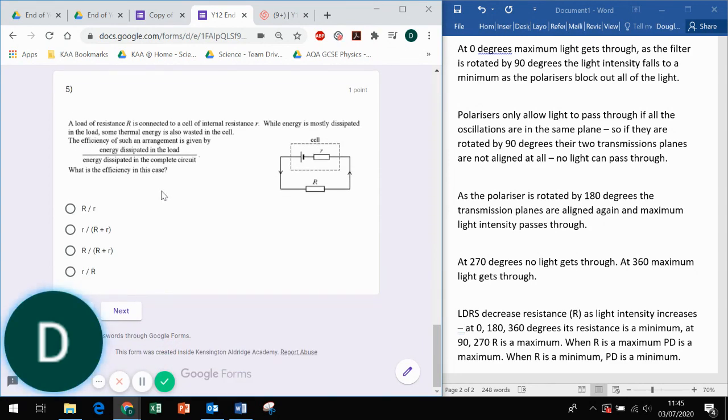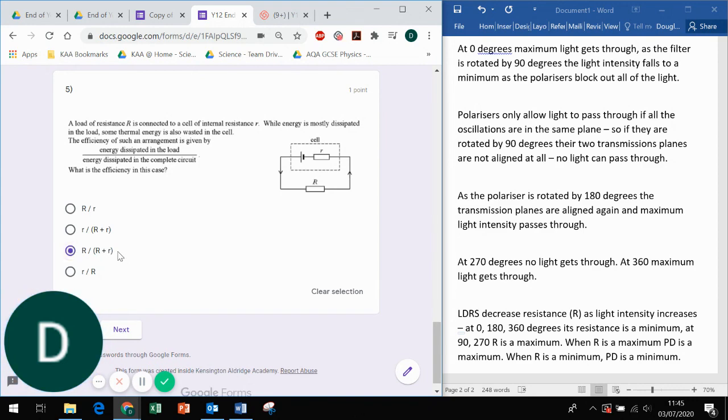And then finally here, the energy dissipated in the load over the energy dissipated in the complete circuit is obviously R over R plus R. That was fairly well answered. I think almost everyone